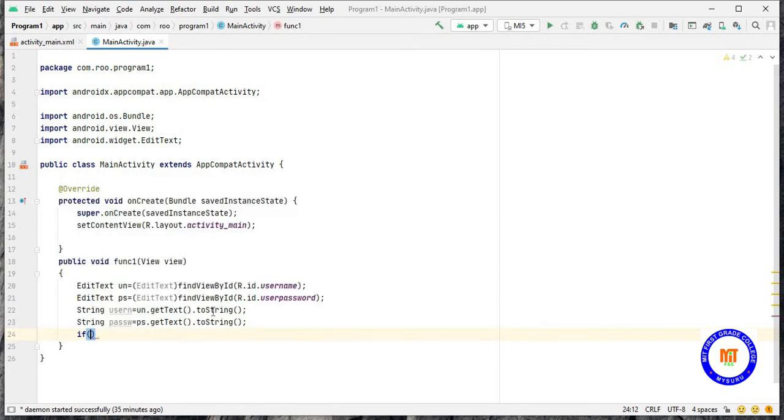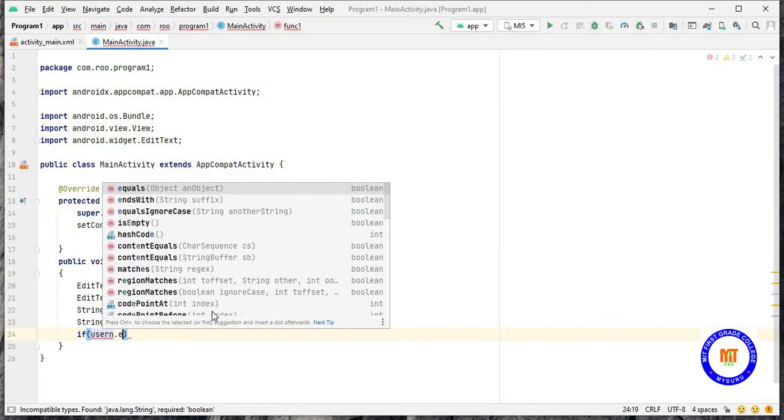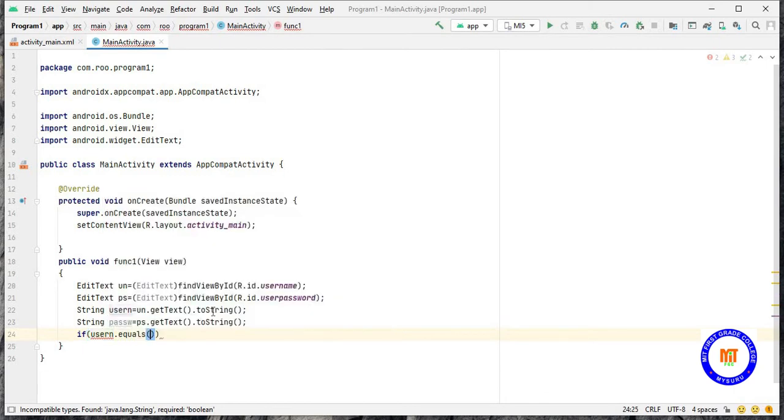If username is equal to, let it be, for example, MIT. I'll be considering this as my username and I'm checking with a password.